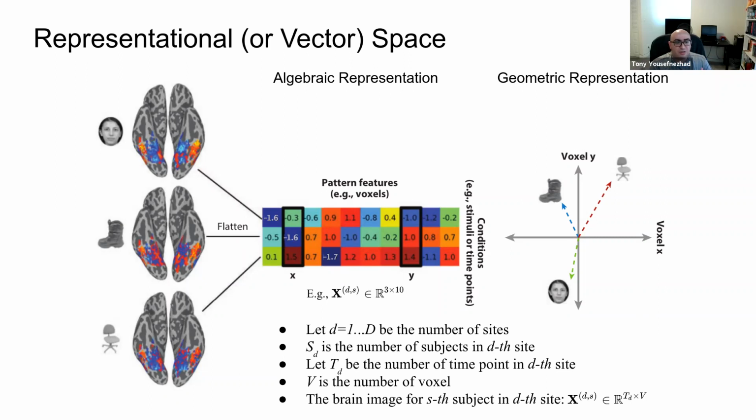During my presentation of the computational model, we are using this notation, X_DS. D here represents the data set or the site, and S is the subject. So for instance, for site 2, subject 5, we have X_25. And here our X has the form time points times voxels. So here we have 3 time points and 10 voxels, so it'll be like